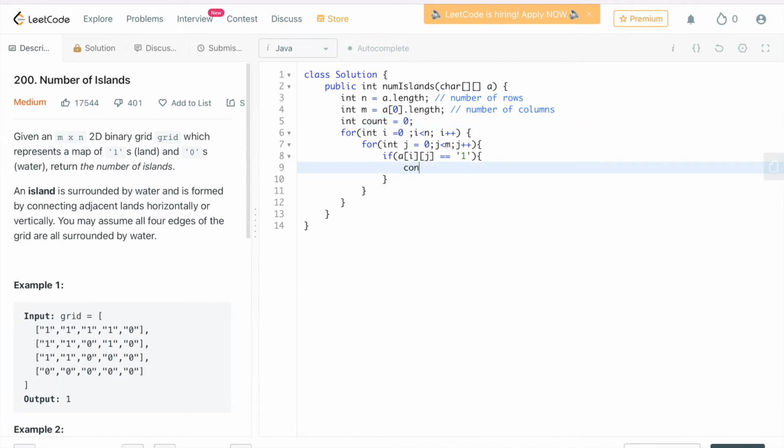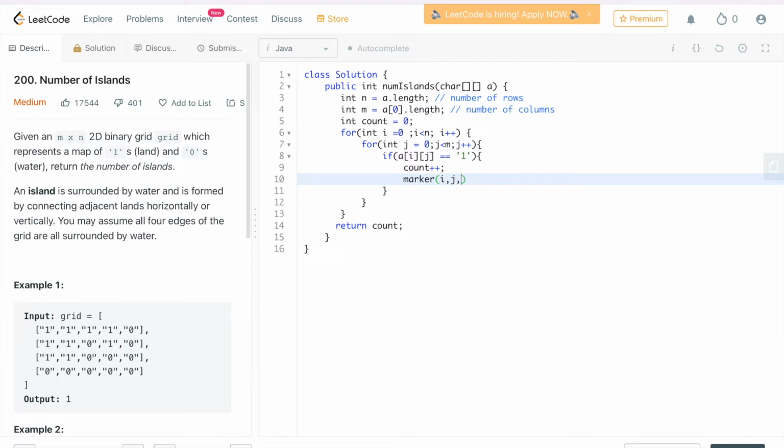So make the count plus plus, and in this method, this is the method, right, here return the count. So once this is not visited, I will do count plus plus, and I will call the marker method. In the marker method, I pass I, j and our given data, right? That's it. So now write another method,